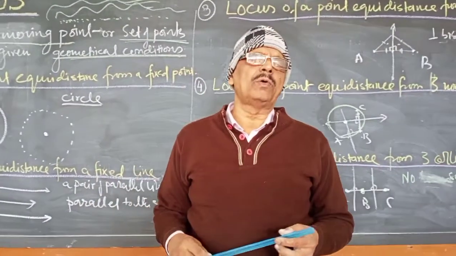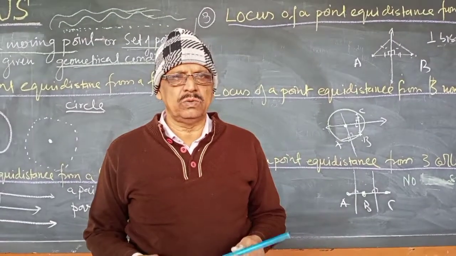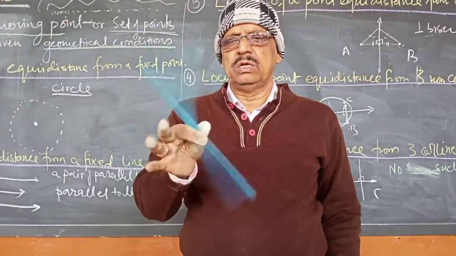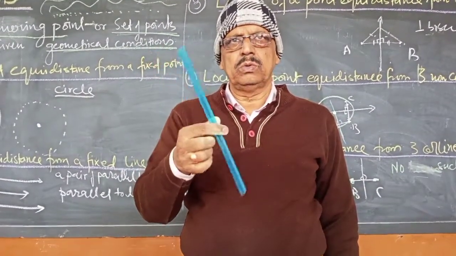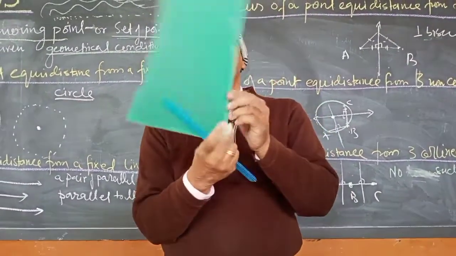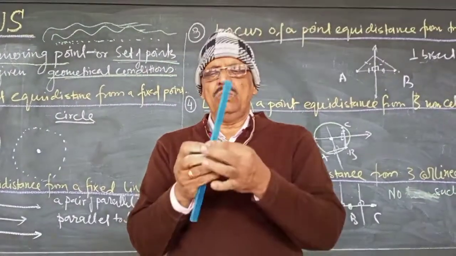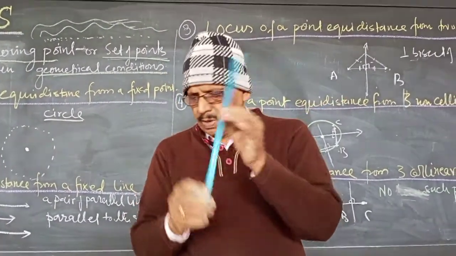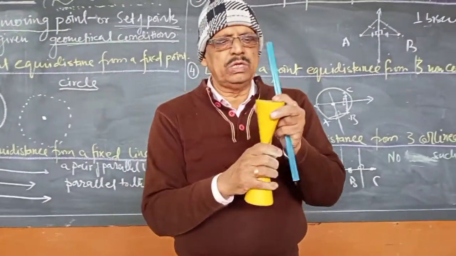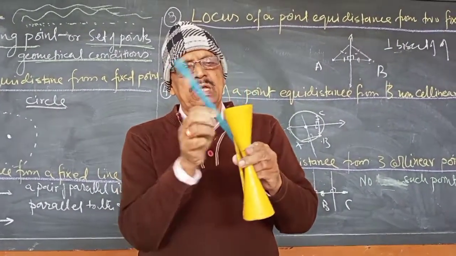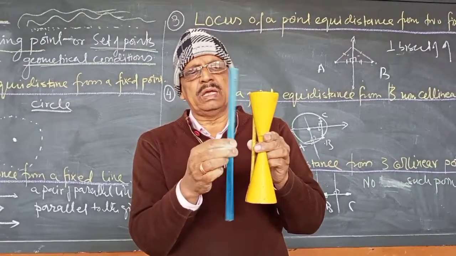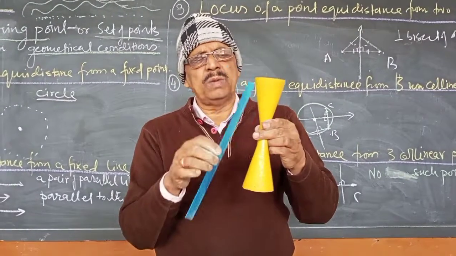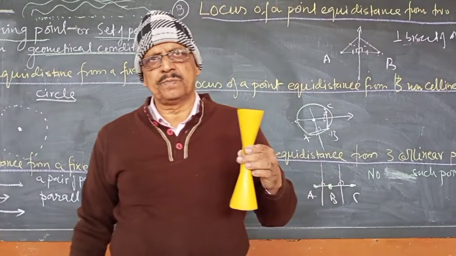Okay, now we discuss the different conic sections. Just see, if we move this one very fast, a circle is coming. If I move this one very fast, a cylinder is coming. Now, if I move this one at an angle, a double cone is coming. If I move this in a circle at some angle, a solid is generated, that will be the shape of a double cone like this.